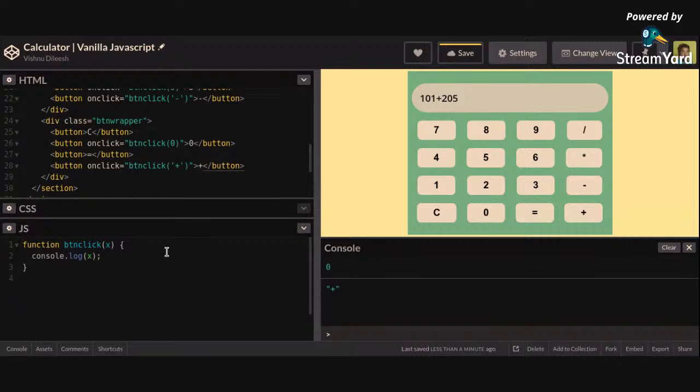Okay, so the first step is that we should take the input whatever is coming and we should display it in the display section of the HTML. So let's create a string display. Let's create a let display output equal an empty string for now,